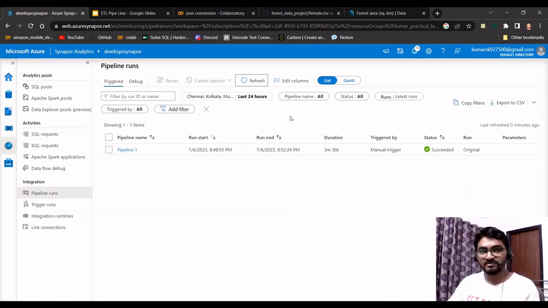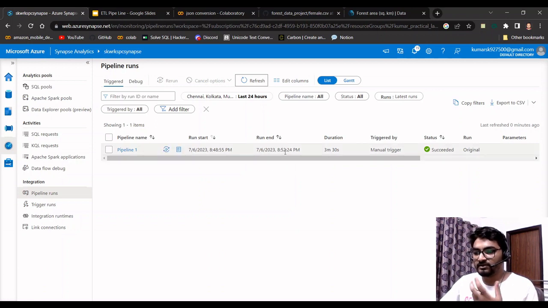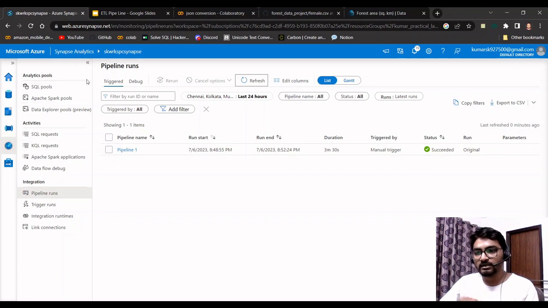So I just refreshed it and the pipeline ran successfully. It's 8:52. I triggered this pipeline at 8:48, so it took approximately 3 to 4 minutes. And now let's go to our